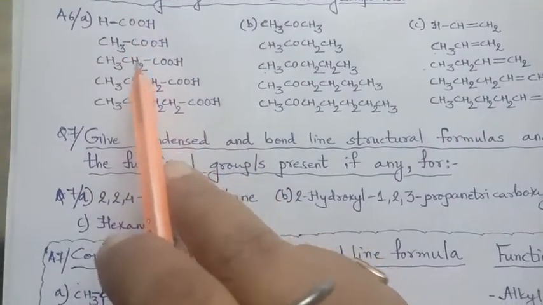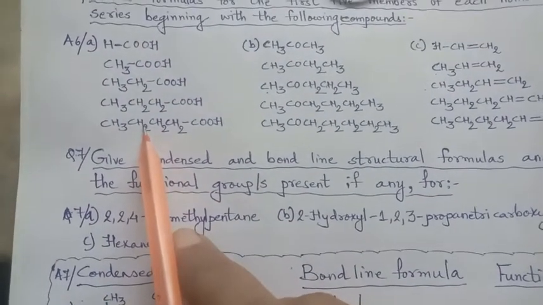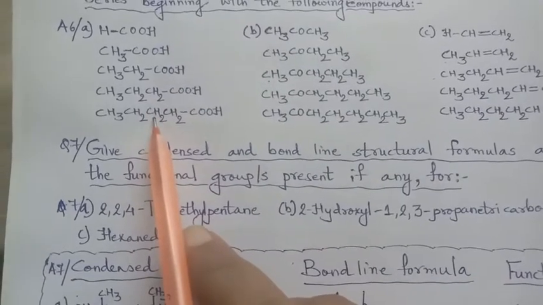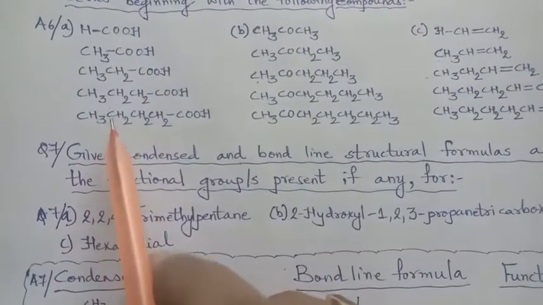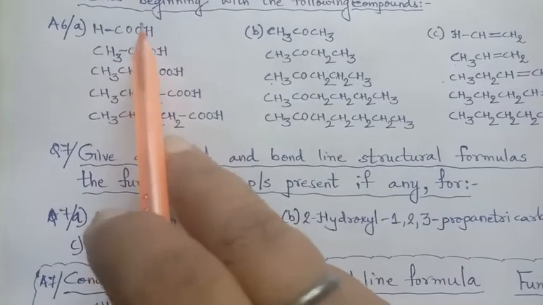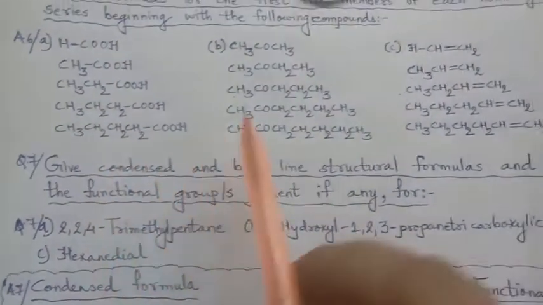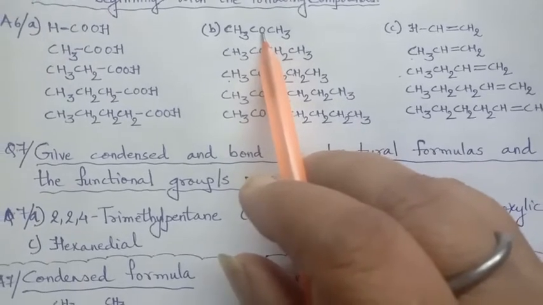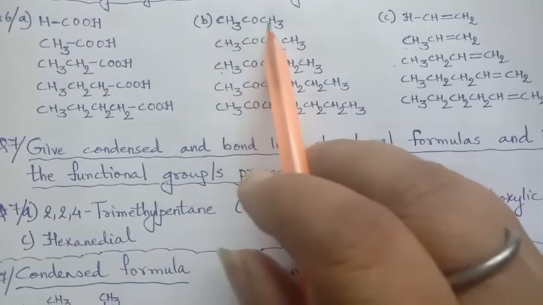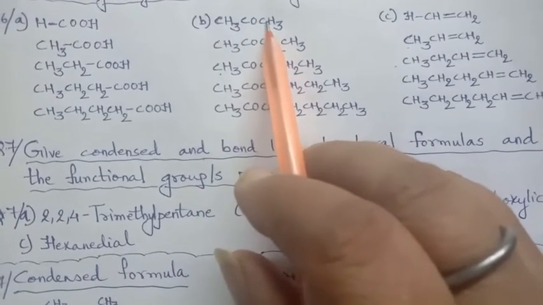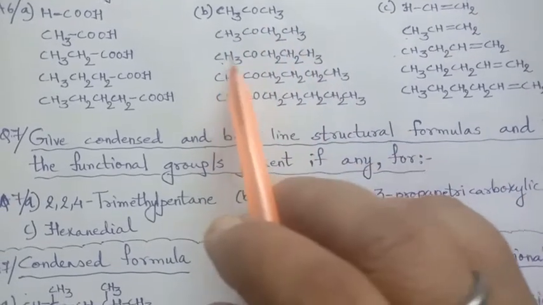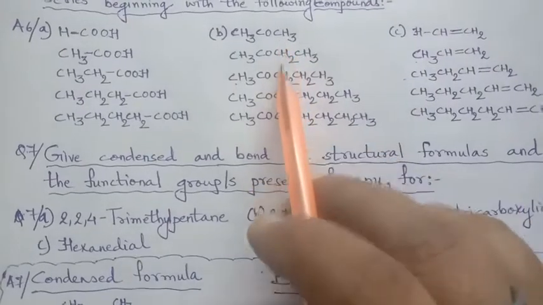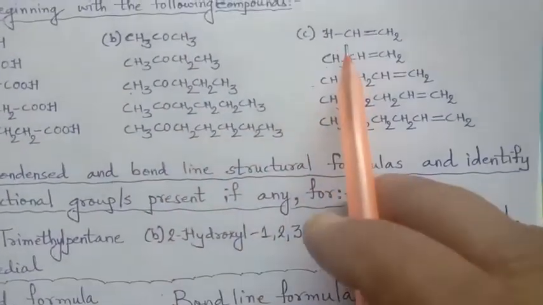So first 5 members of the respective homologous series of the given compound. So here it is given of carboxylic acid. So we are supposed to write first 5. Now here it is given of ketone, C double bond O. Right? So here it is 3 carbon. Clear? So now will be the 4, then 5, 6 and 7 carbon. So first 5 from the given one.